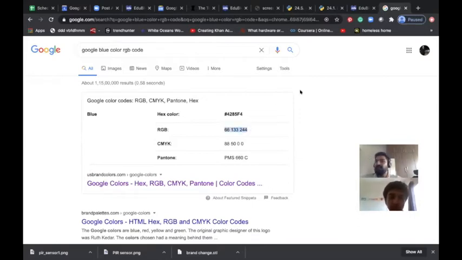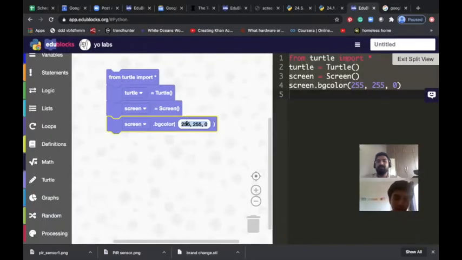So can you try this and see what Google's blue is? 66, 133, 244. Run.